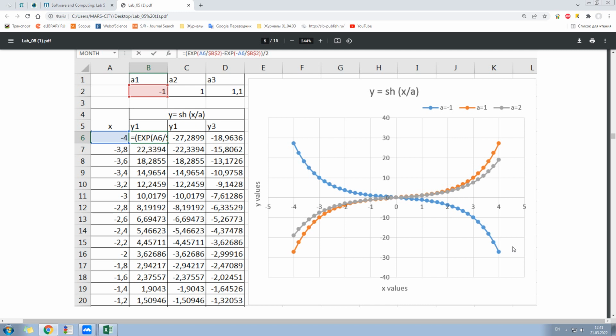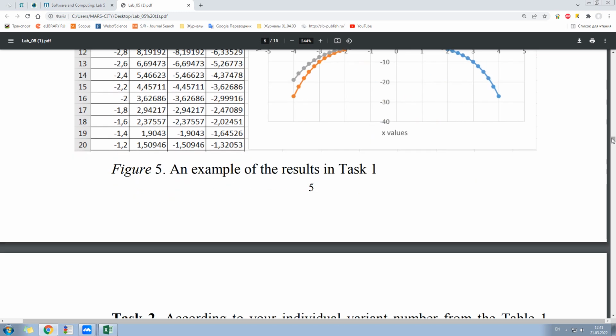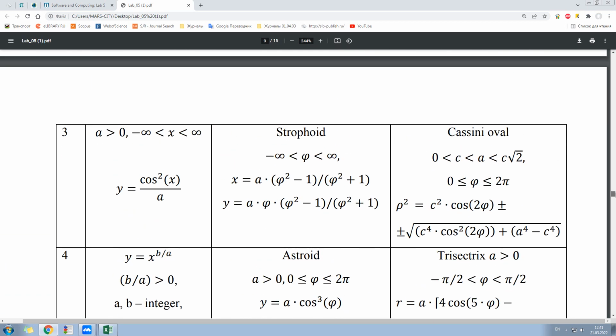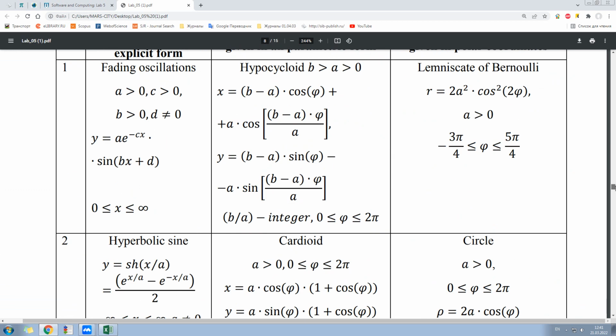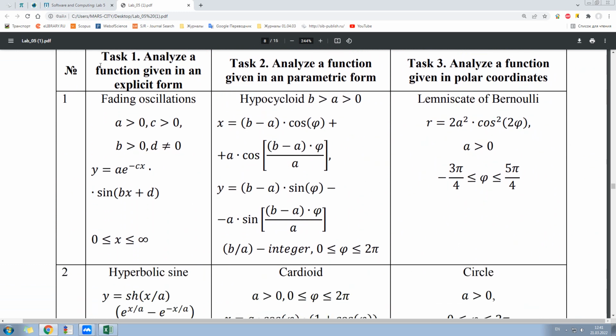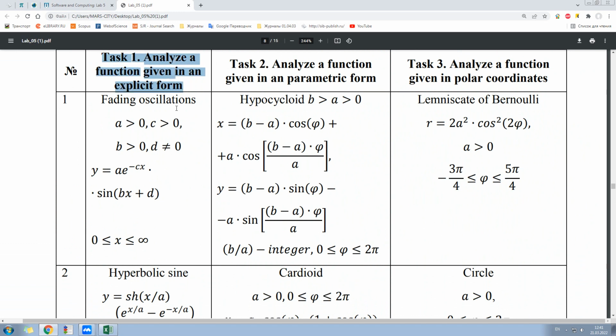So that's how you are going to analyze and explain the function behavior. Try to do it in your own words. It can be 3-5 sentences. For explanation, I guess it's enough. Now, then go to the table 1. Task 1, analyze a function in